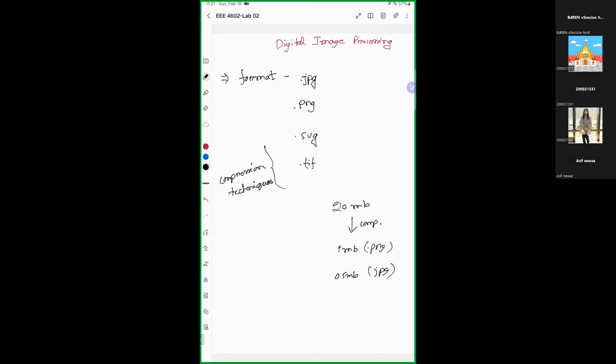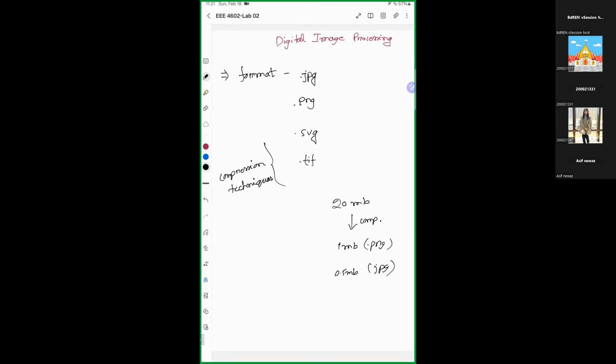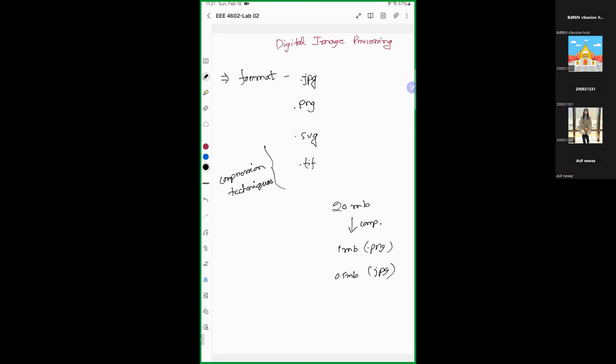Now, how these compressions work is not within your syllabus, so you can ignore that portion. But we'll need the format name when you try to work with the images. You need to check what the format name is. Otherwise, you will not be able to work with the images. Now you see,